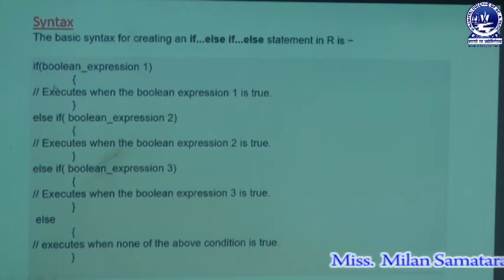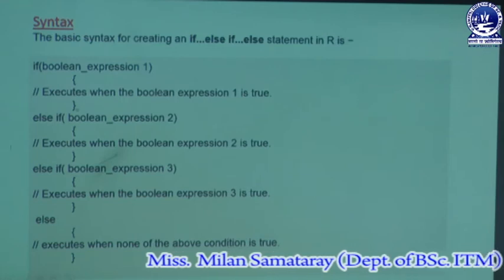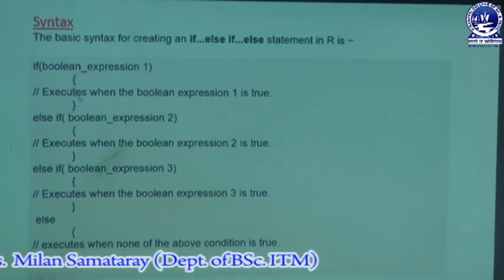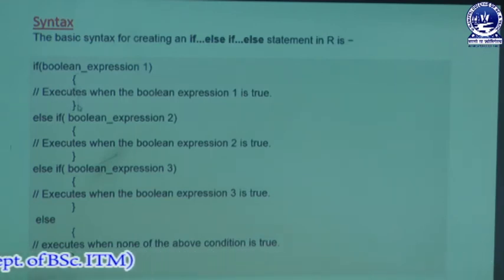Then there are some statements written inside their respective blocks, which will be executed if the respective condition is true. That means here are some statements that will be executed if Boolean expression 1 is true,